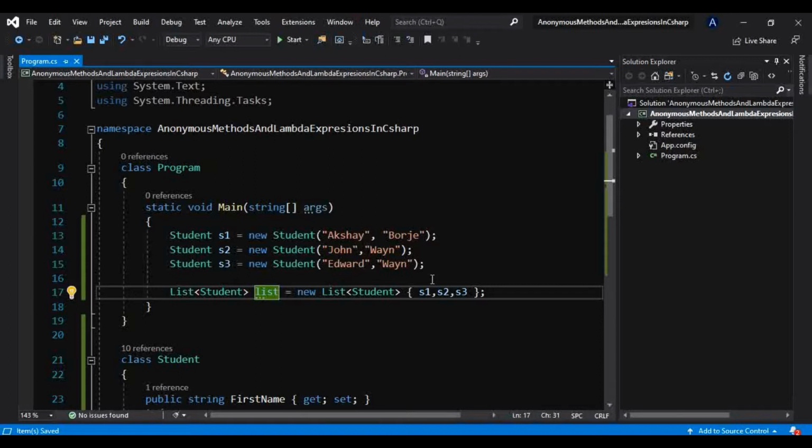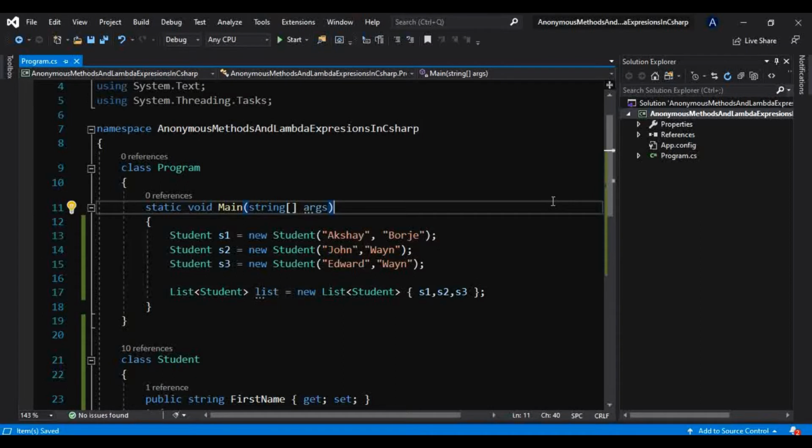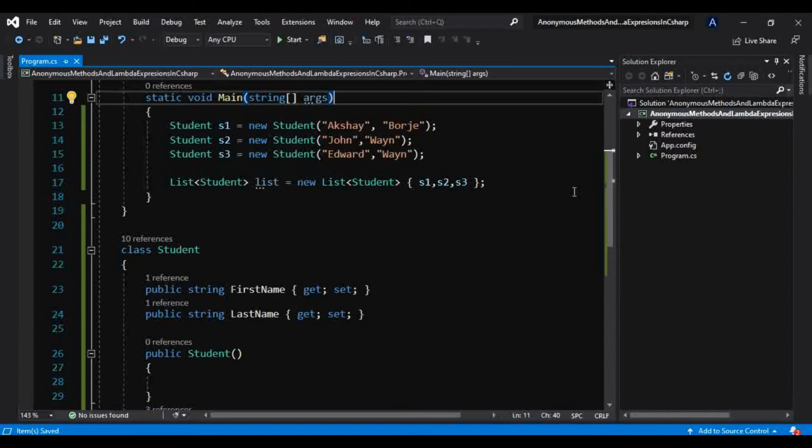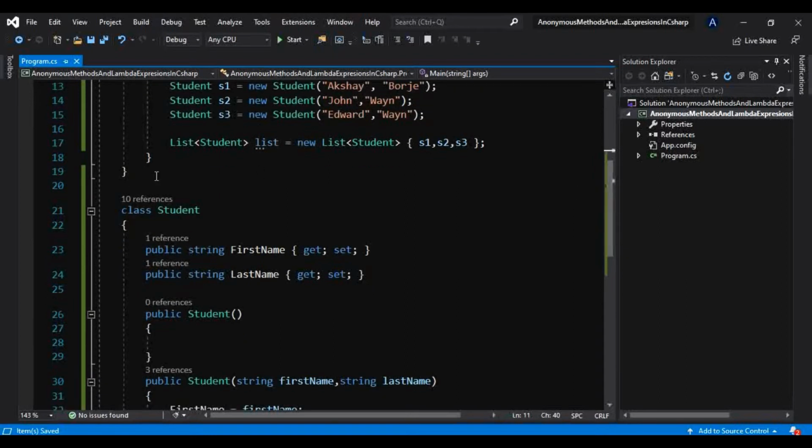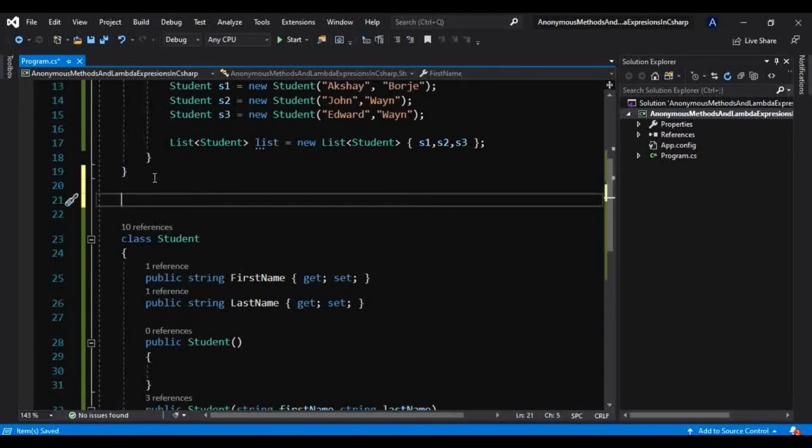Now my requirement is that I want to find a student whose name starts with A, maybe whose name starts with B, just like that. I want to find a student whose name starts with A. This is my requirement. To find such a student, I will not directly create one function here. Instead of that, I will create one delegate here, and through that delegate I will invoke that method. Why I am doing that, I will explain in a bit.